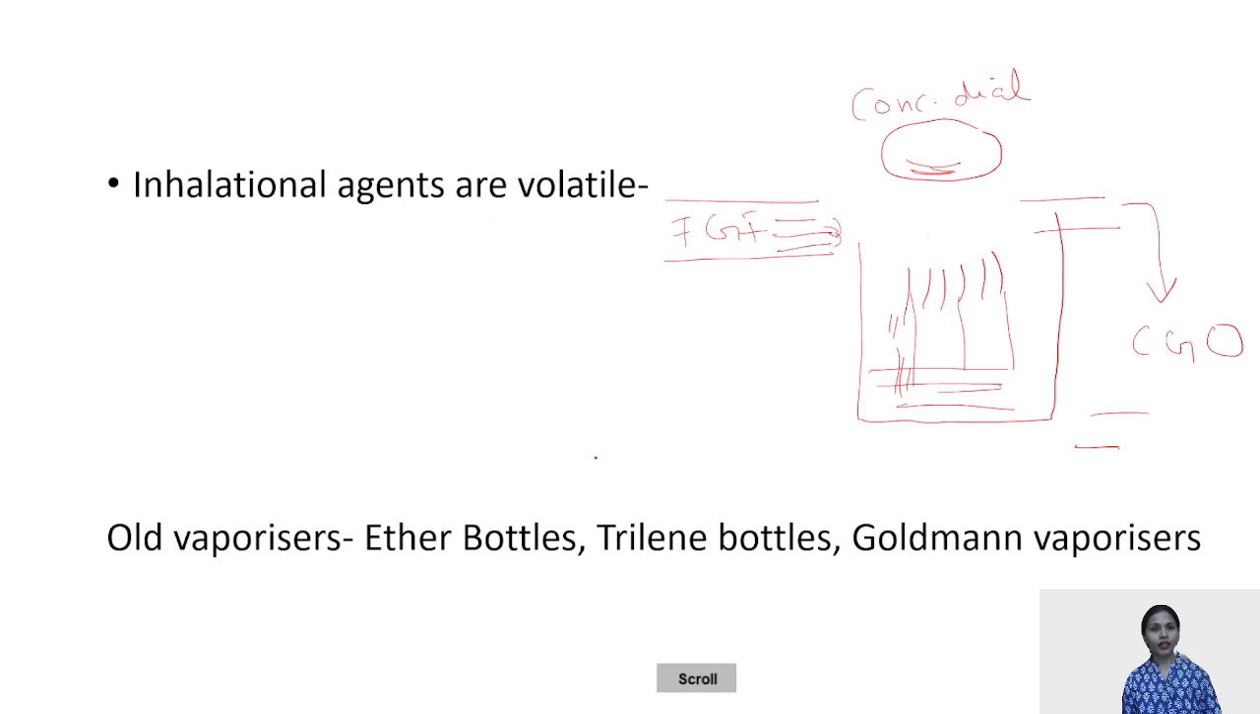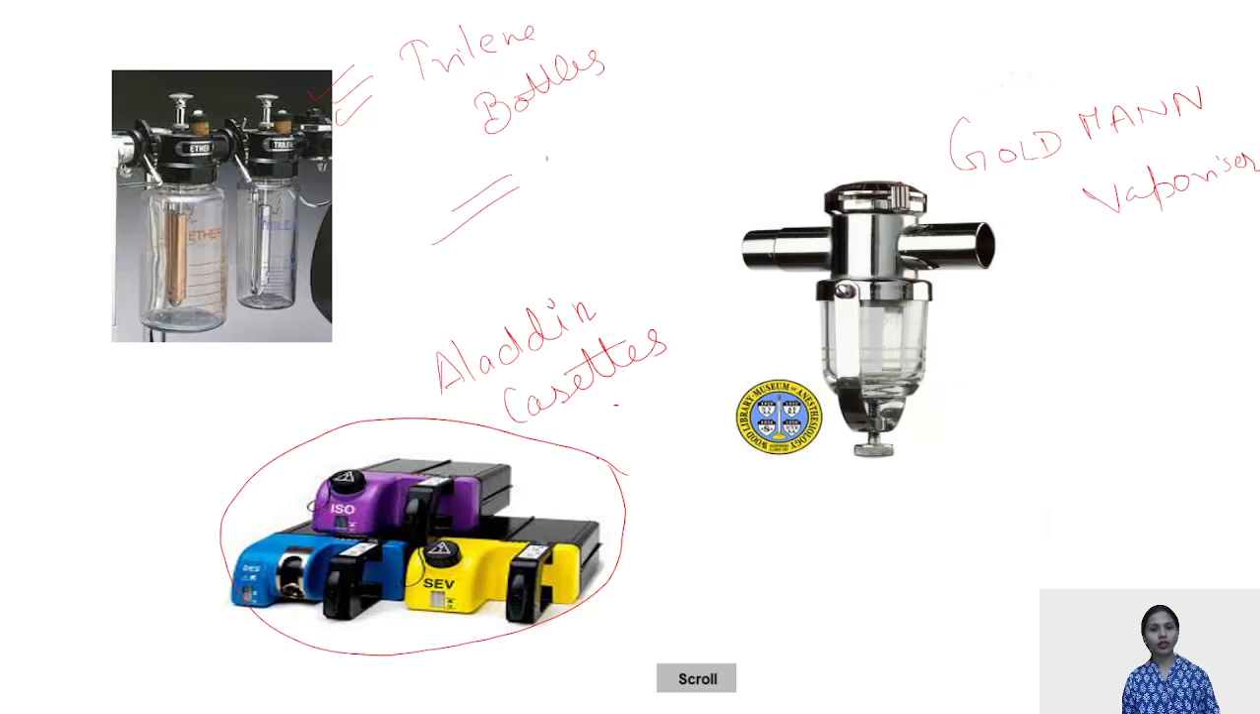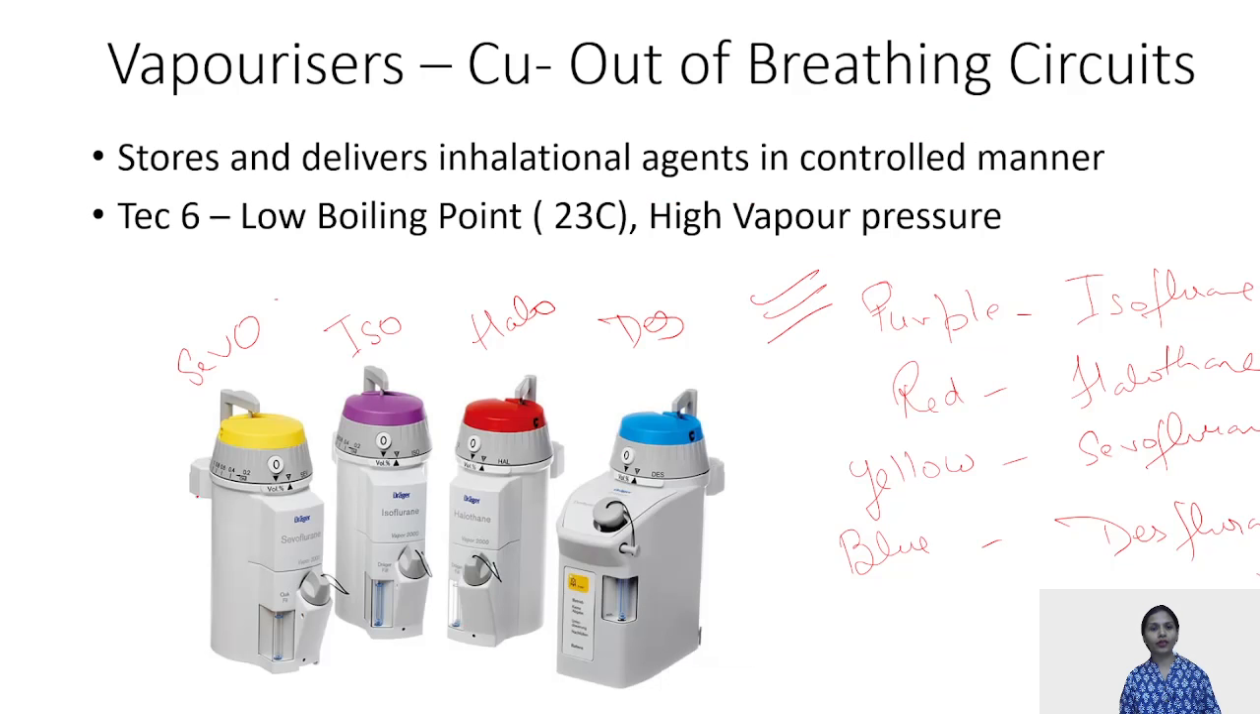I'll just show you the Tec. These are your Tec vaporizers. These all are Tec: Tec 3, Tec 2, 4, 5, 6, even Tec 7 has been there. The most important of these is your Tec 6, which is different from all the others, because Tec 6 is specifically made for your